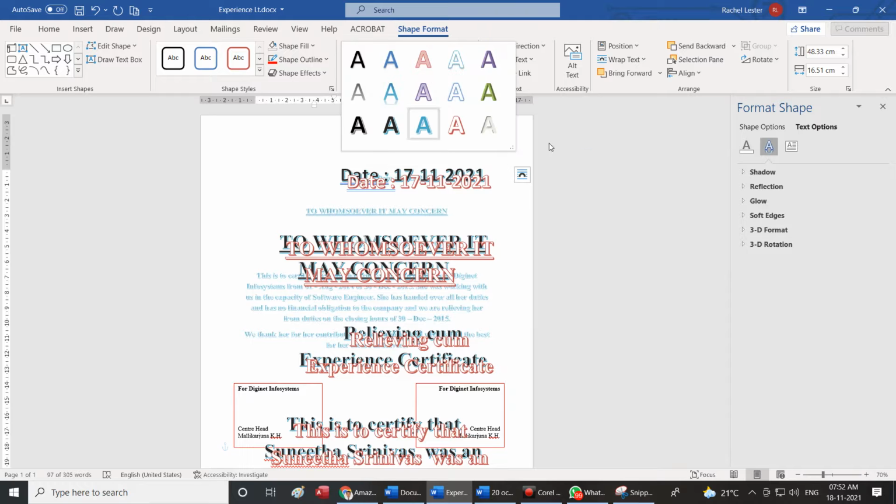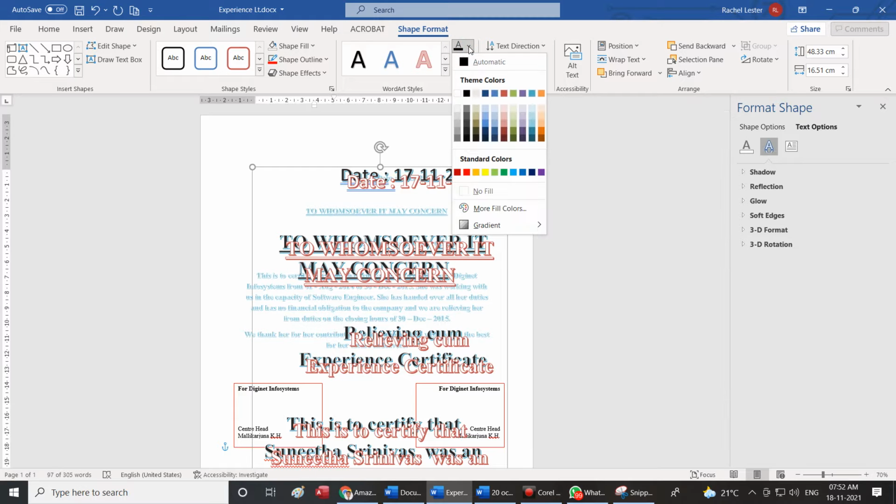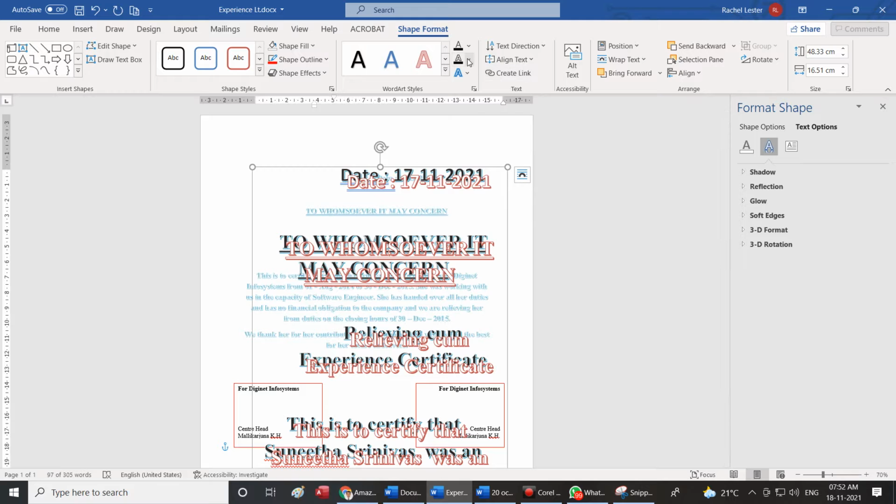You can select one among these, you can select the color, you can select the outline. Here is text outline, here is text fill, here is text effects. The same options are reused here. So please make a note of it.